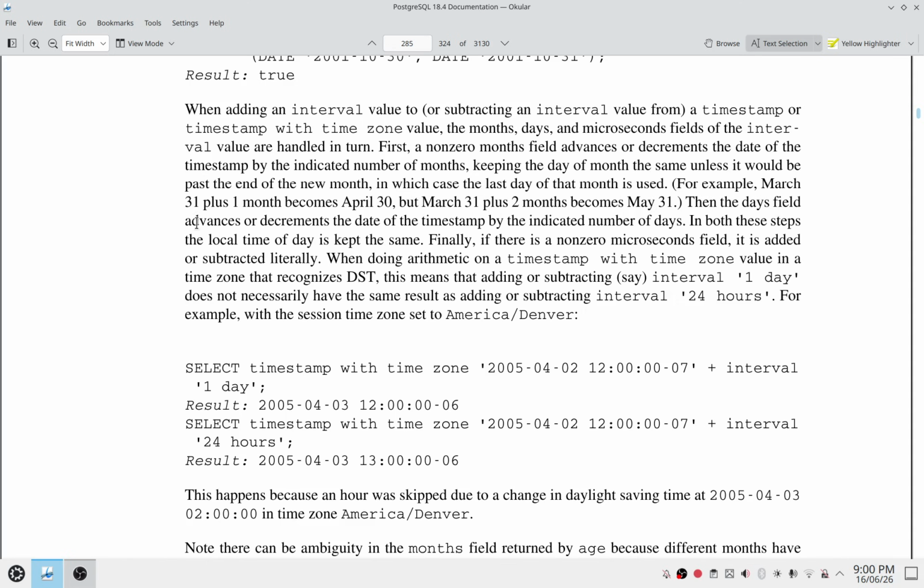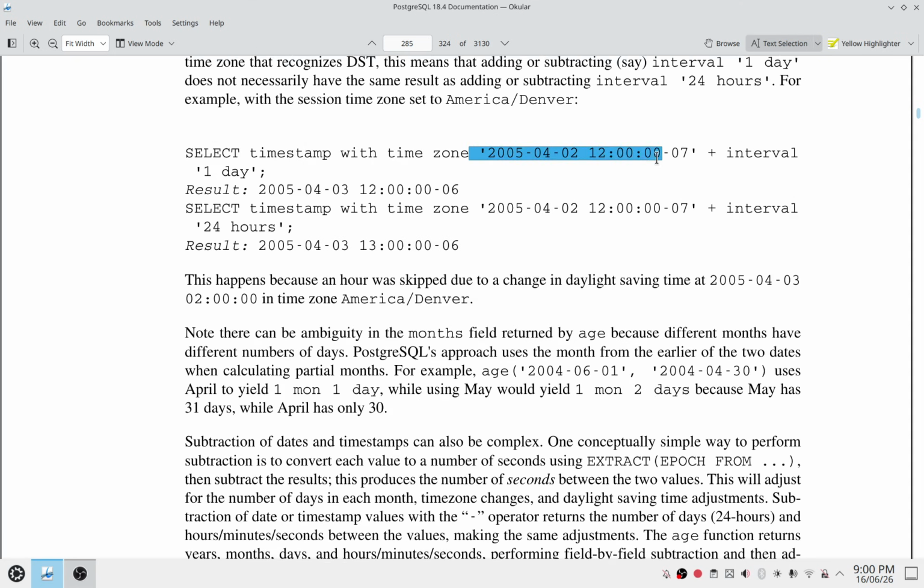Then the days field advances or decrements the date of the timestamp by the indicated number of days. In both these steps, the local time of the day is kept the same. Finally, if there is a non-zero microsecond field, it is added or subtracted literally. When doing arithmetic on a timestamp with time zone value in a time zone, it recognizes DST. This means that adding or subtracting, say, interval 1 day does not necessarily have the same result as adding or subtracting interval 24 hours. For example, with the session time zone set to America/Denver, we have a timestamp